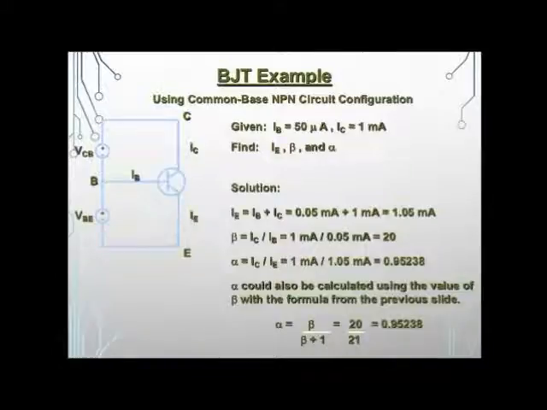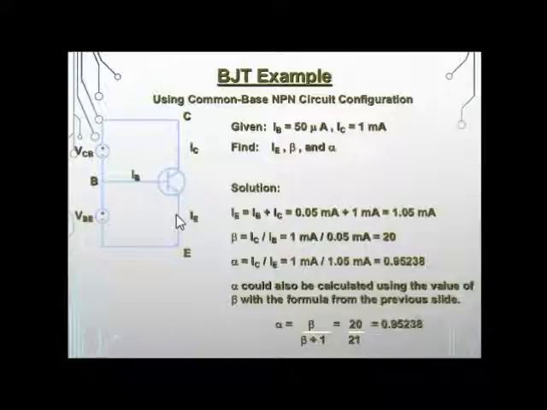just analyze this circuit. This is the BJT. Collector current flows from that side and IB flows, and in this case also IE is equal to IB plus IC. Two voltage sources VCB and VBE are attached. Now in this case, given that IB equals 50 microampere, IC equals 1 milliampere, and IE is unknown, we have to find this IE, beta and alpha.